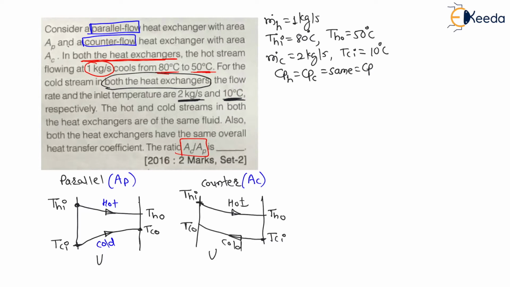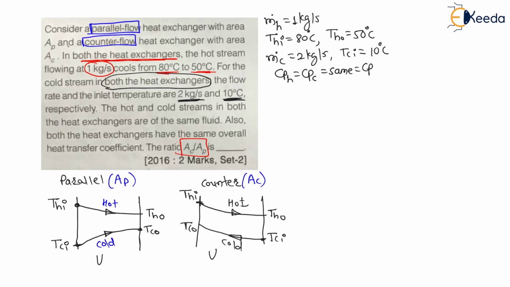Now, my dear students, here only the area is different and the arrangement is different. Otherwise, the inlet temperature of hot and exit temperature of hot, as well as the mass flow rate of hot, in case of parallel as well as counter are the same, as well as the mass flow rate of cold and inlet temperature of cold. The specific heat as well as the overall heat transfer coefficient in both heat exchangers are the same. Now for both heat exchangers the area will be different, and we have to find the outlet temperature of cold fluid, as well as the LMTD.